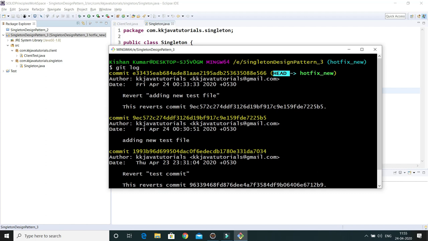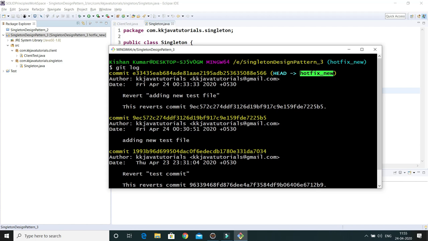For that you want to create a branch with that reverted code, and you do a little more modification, you can add some files, delete some files, whatever operation you want to do, and afterwards you want to create a branch with that code. And finally you want to merge that code into your branch, in my case hotfix_new. So how can we do that? That's what we are going to learn in this video tutorial.